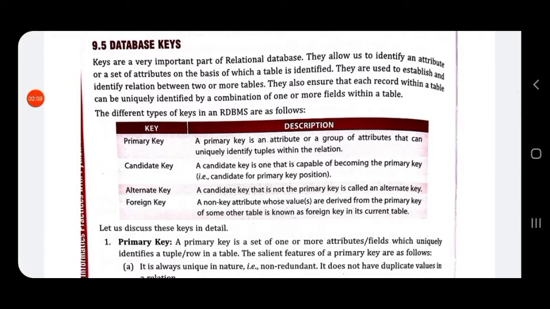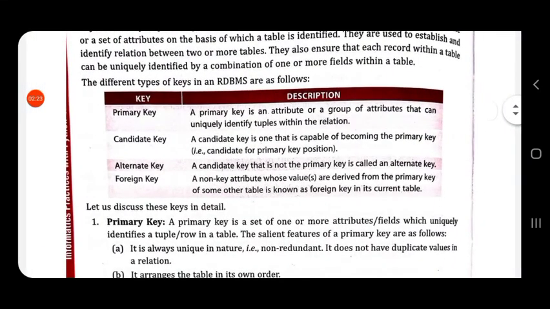Suppose in your attendance sheet, each of you is identified by your roll number. So we can consider the roll number attribute as a key. Likewise, there are different types of keys to uniquely identify a record. A record means a collection of attributes, that is, your roll number, name, age, date of birth, address, family, occupation of your parents.